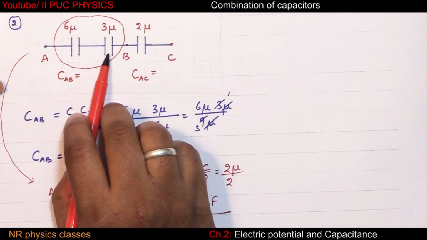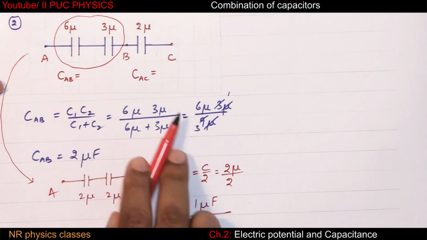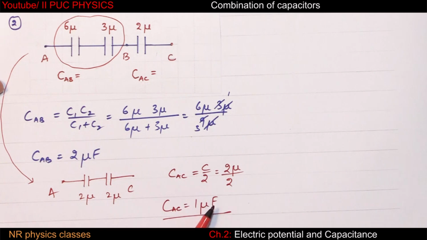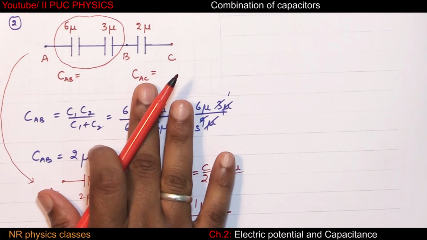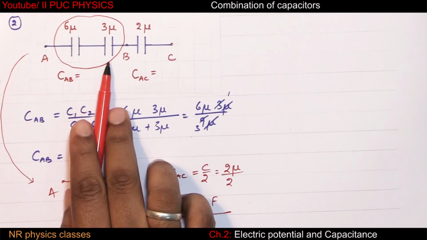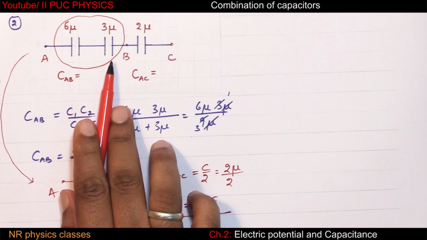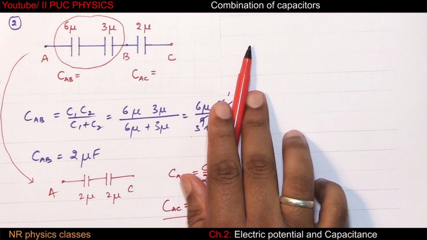Copy these circuits and try to solve. If you are stuck at some stage, please go through the video again and try to solve. Practice is required and it is worth practicing, because if you can practice series and parallel combination of capacitors, you can easily solve the series and parallel combination of resistors.